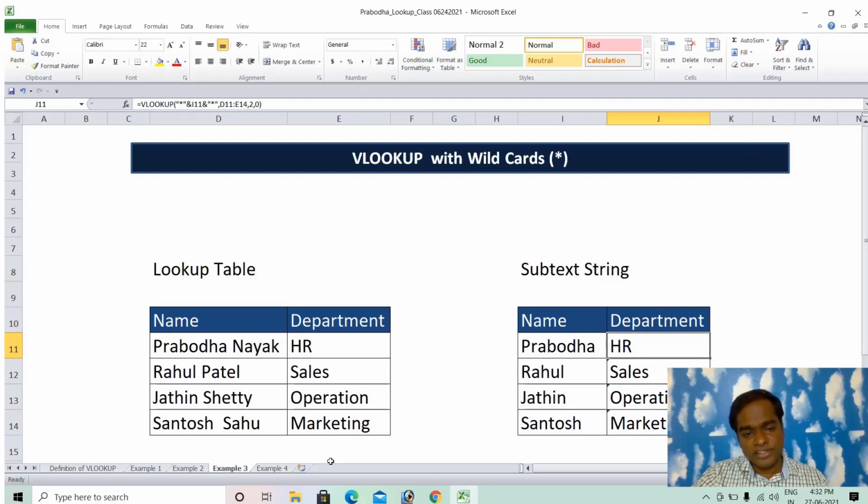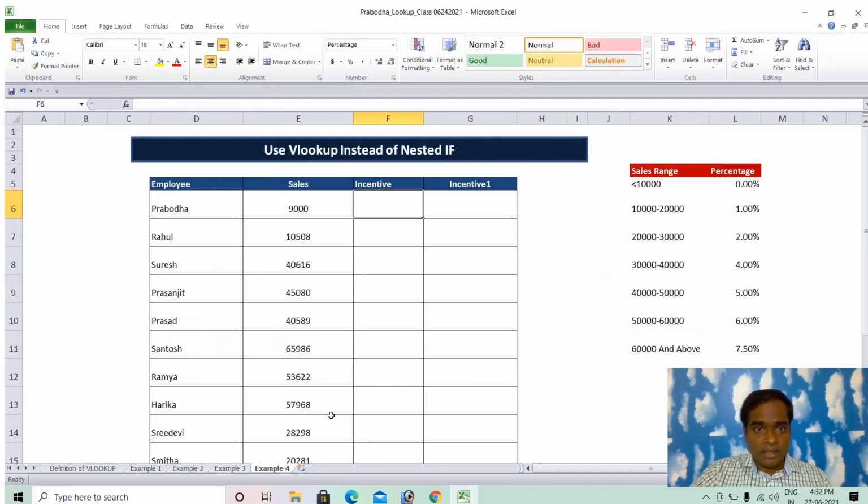So moving on to the next example, example 4, where I'll teach you to use the VLOOKUP instead of nested IF. There will be a scenario here with your employee and sales, and you want to calculate the incentive percentage. Suppose you have been given these criteria.